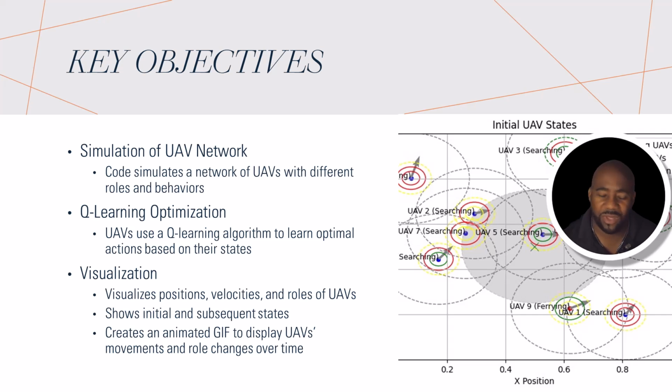The other thing is, when drones are flying, they have velocity, they have direction and magnitude, where they're going and how fast they're going. So we needed to keep track of that to see if that might be causing issues in the networking conditions.